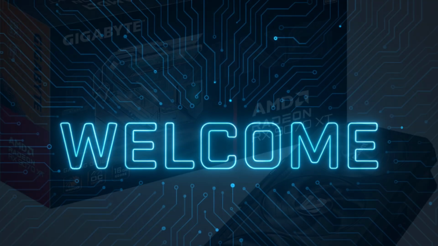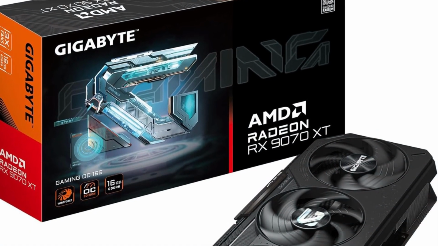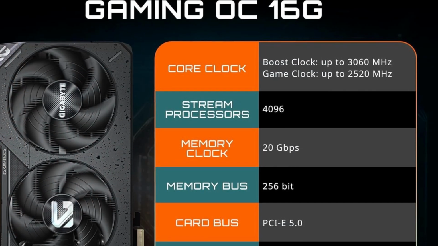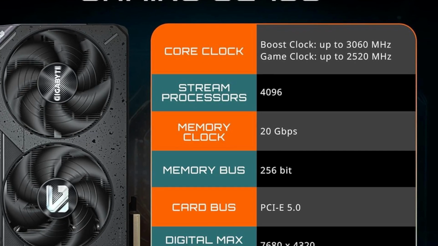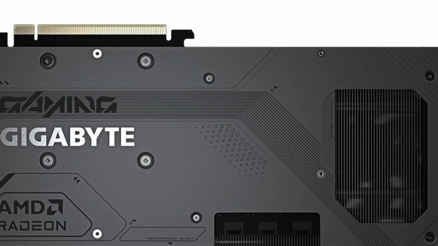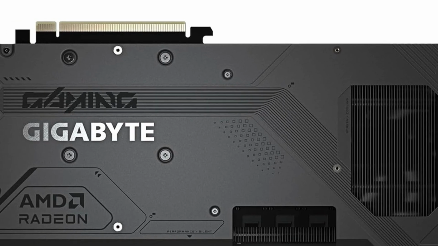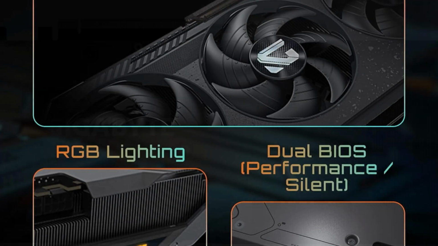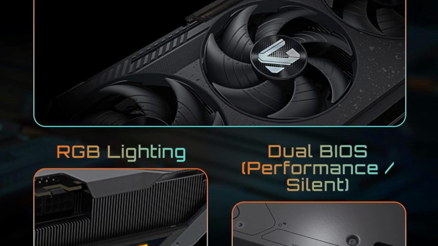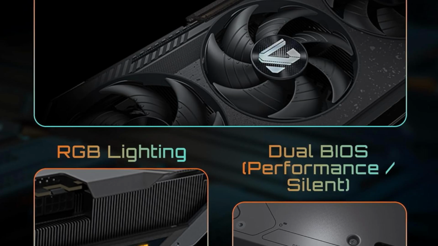Today we're reviewing the GIGABYTE Radeon RX 9070 XT Gaming OC16G graphics card, a high-performance GPU built for gamers, streamers, creators, and enthusiasts who want next-generation power for demanding titles and productivity workloads. With 16GB GDDR6 memory, factory overclocking, and PCIe 5.0 support, this graphics card is designed to push modern gaming to